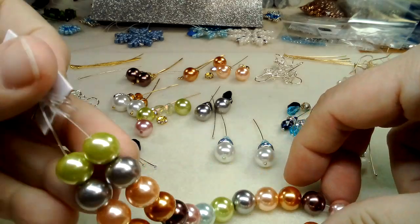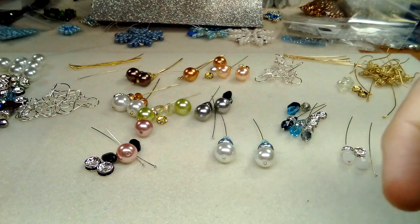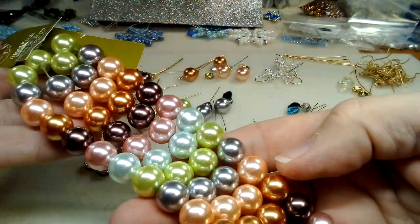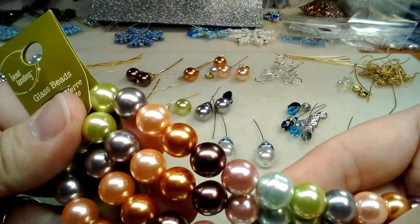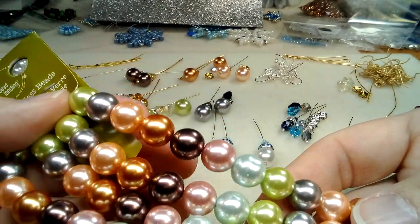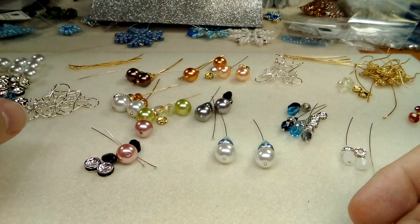umpteen other projects. So when I was pulling them apart, I happened to see an image. So it's a green tag, and look at this, it comes with 4 strands. That's incredible. These were 60% off on their last sale. So awesome deal. So I saw an image on Pinterest